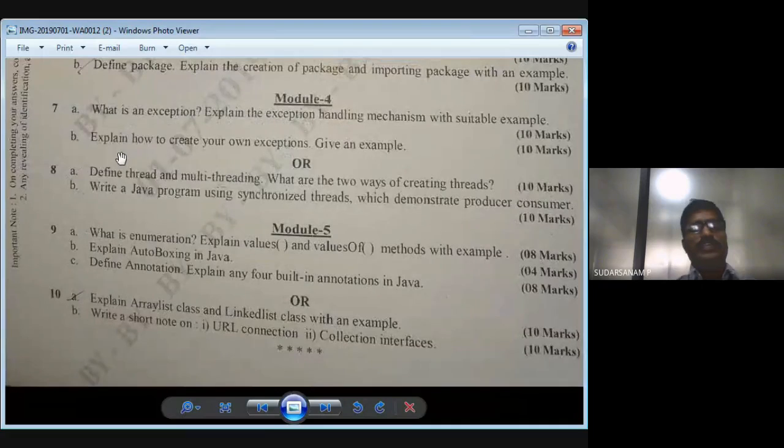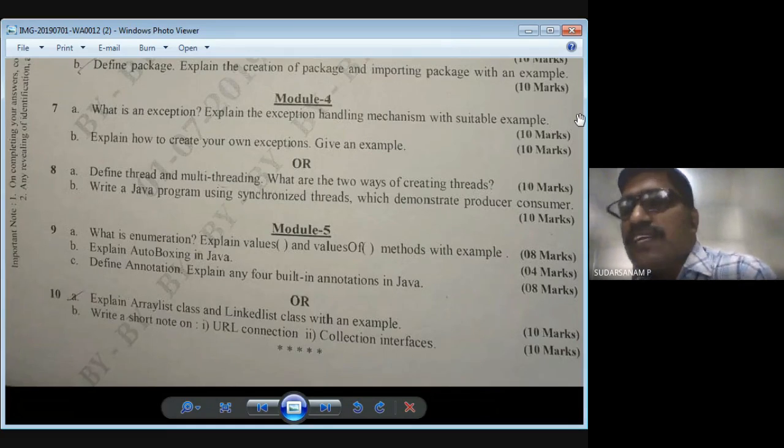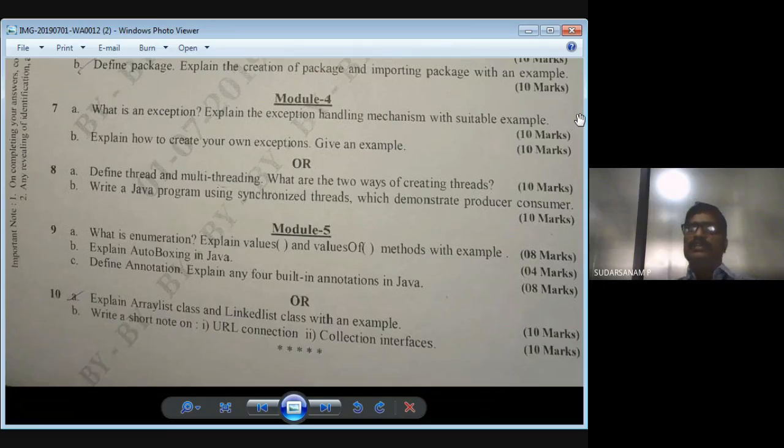So now see here, fourth unit. What is an exception? Explain the exception handling mechanism with a suitable example. So what is the exception? When you are getting runtime errors, you can find them here. Suppose I have to enter integers, but I have entered characters unknowingly. All these exceptions you can handle at runtime. We don't have any options to control when you are running the programs. That is the reason you write exceptions, so that if something goes wrong, it will display the message again, you can give the input values once again and we can continue. That is the exception handling mechanism with a suitable example.